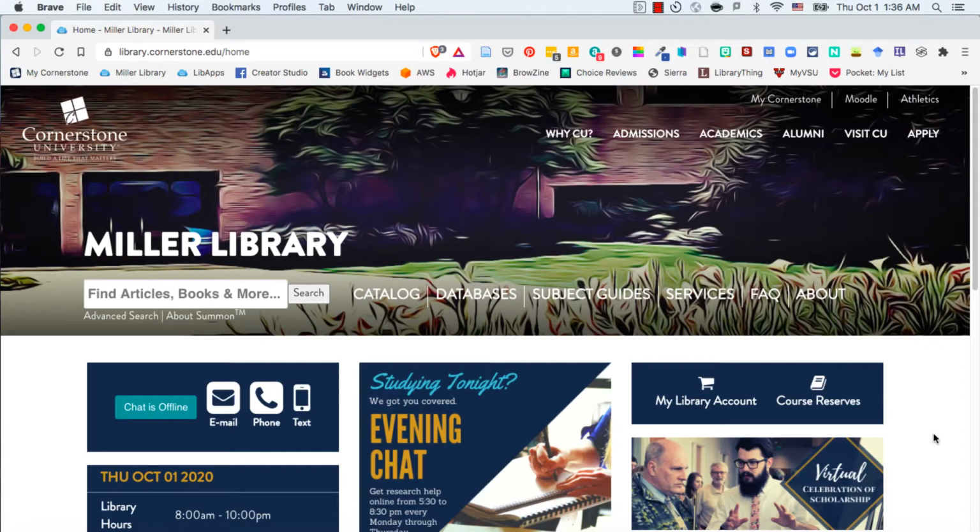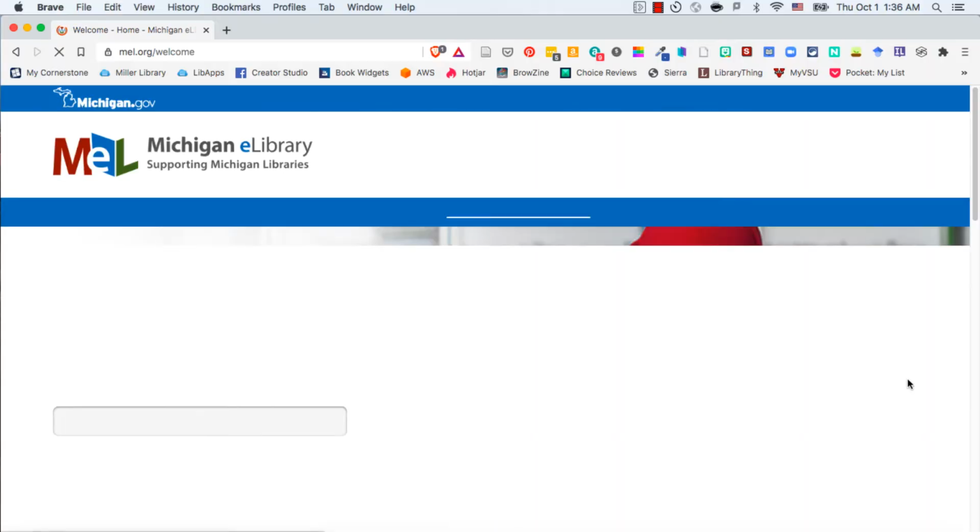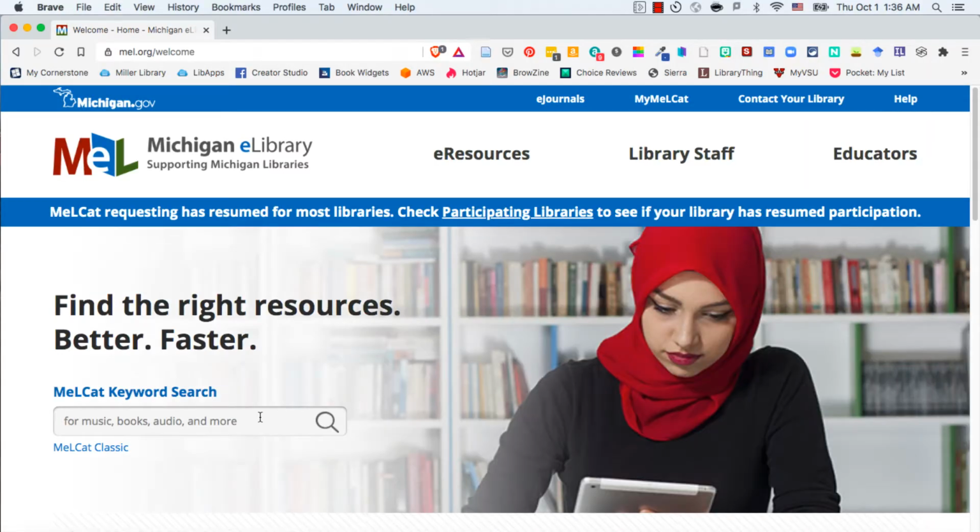So what I want to do is just walk you through how you can utilize these tools or get access to them so that you can get connected to those resources for your research purposes. So if you're starting from our website, you'll want to hover over services, and then you'll see a variety of services listed here, and among them then is a link to MelCat. So you can click on MelCat, and it will take you to the MelCat homepage where you'll find a search